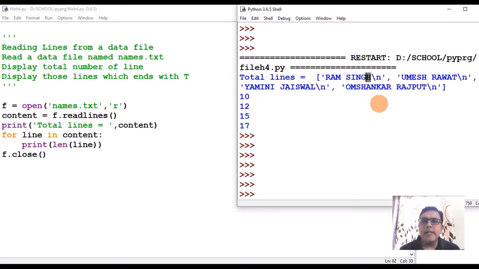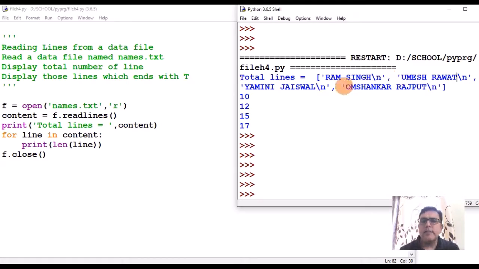Similarly, the length of the second line is 12. So the 10th index will be the last character: 1, 2, 3, 4, 5, 6, 7, 8, 9 and 10th index.